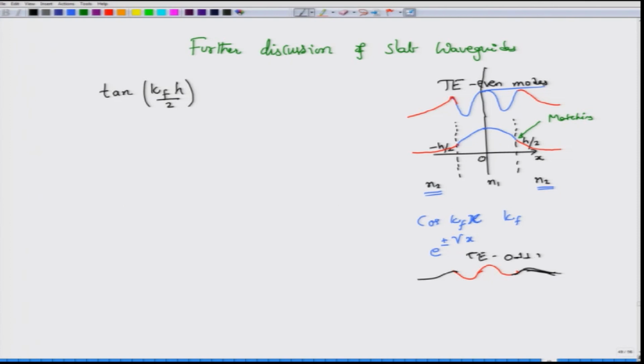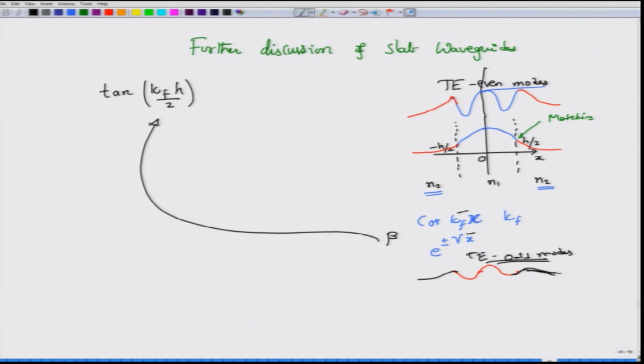I am not nice in sketching all these things, but it is essentially cosine and sine functions. Outside it is the exponentially decaying functions. Okay. So, if you can use MATLAB or any other software that you are comfortable with, you can actually keep sketching all these modes, except of course that you need to know what is the value of gamma, and you need to know what is the value of kappa f. Of course, this can be found by finding beta, right, but beta is actually hidden in this equation.